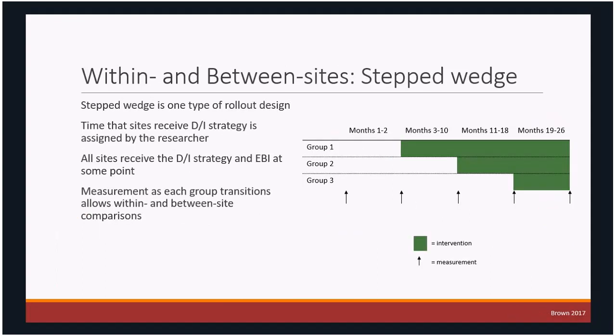An example of the within and between sites design would be what's called the stepped wedge design. This is one type of a broader category that's called roll-out design. What happens here is that an implementation strategy or an intervention is allocated over time. So you group sites or people into different groups, and those are randomized to the time at which they receive the intervention or D&I strategy. So it's not that some people get something and some people get something else, but everyone gets things just at different times. You measure along each transition as groups come into the intervention period,